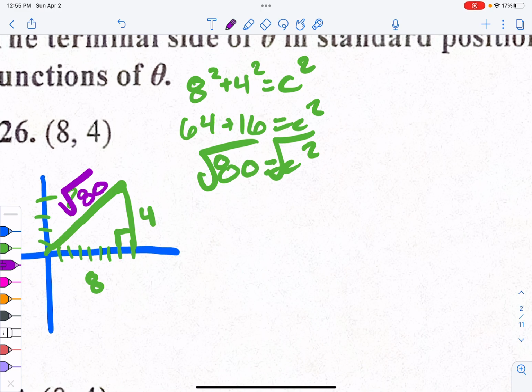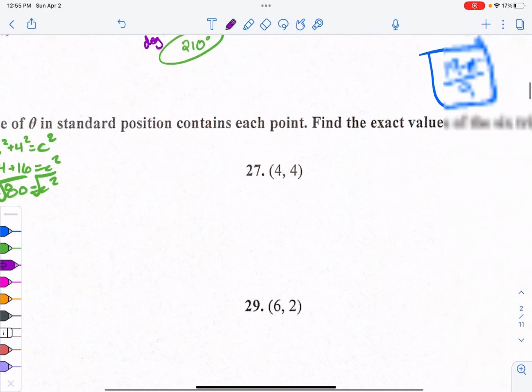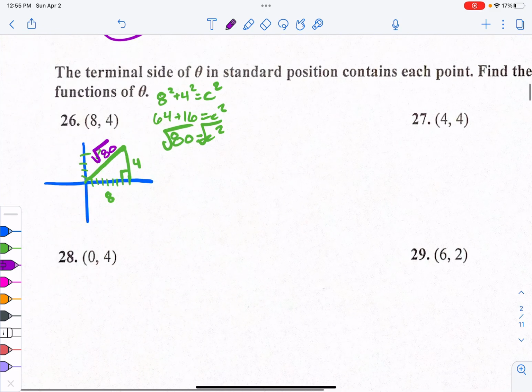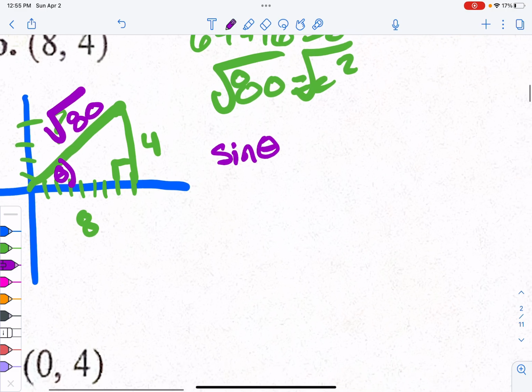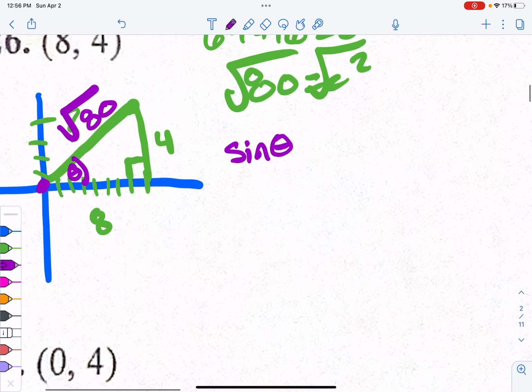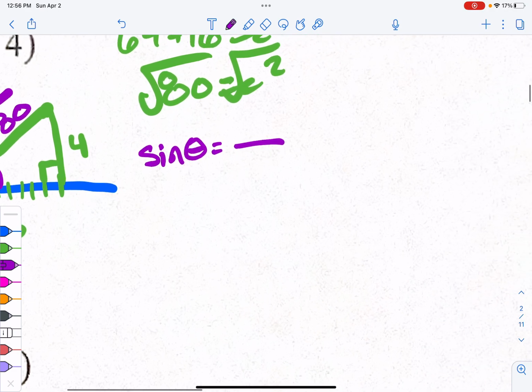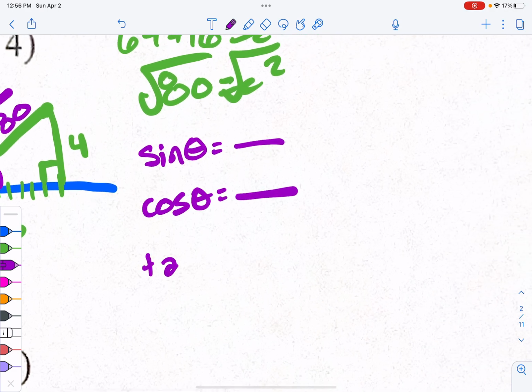And then they want us to find the, holy cow, the exact value of the 6 trig functions. Holy cow. All right, we've got sine of theta. Where does theta live? It lives down here in this corner always. It lives right close to the origin, 0, 0. So we've got sine of theta. We've got cosine of theta. We've got tangent of theta. We've got,